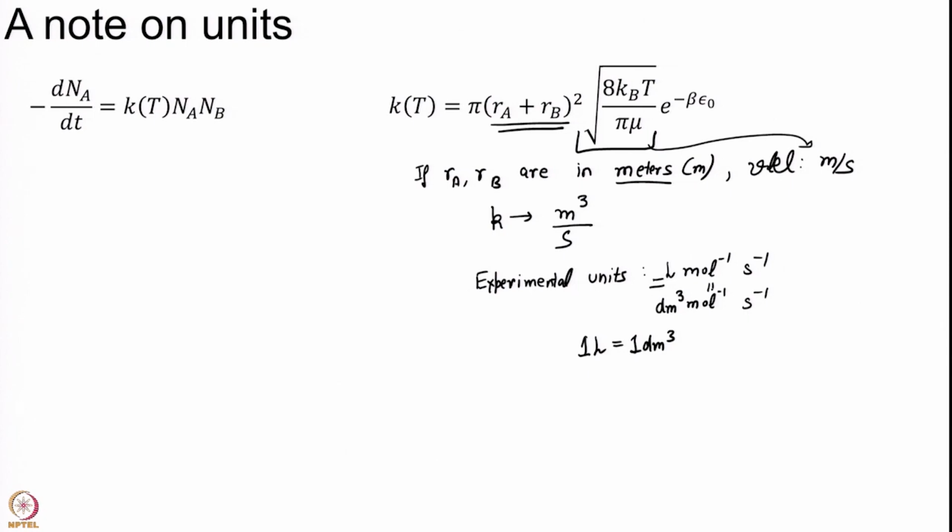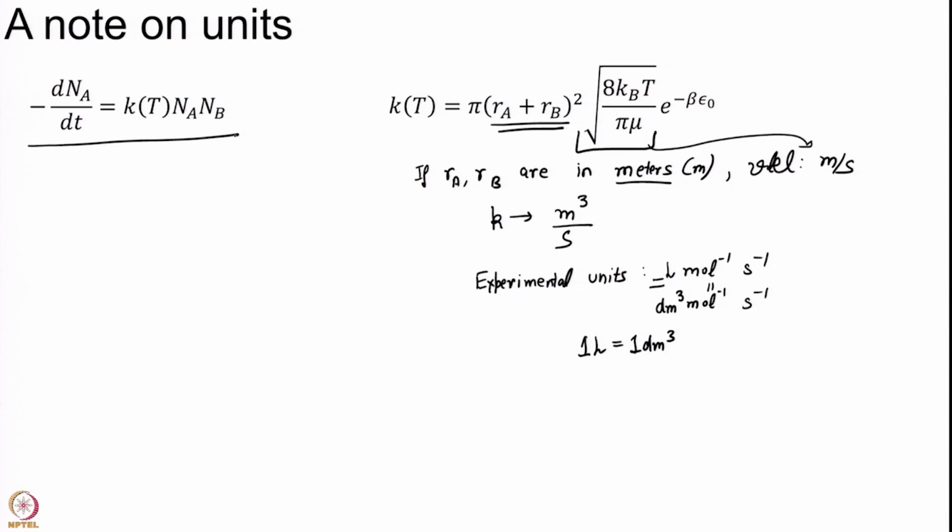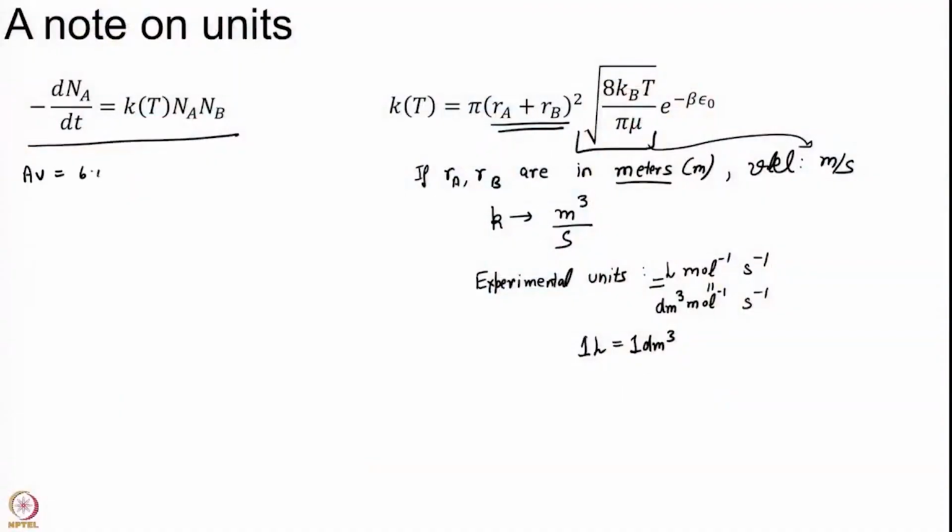So, let us get back to the basics on what we are doing. The k, the way we have defined, is via this equation. We are calculating dNA over dt as the rate constant times NA into NB. So, you can go back to our very basic derivation and you will see this is true. Remember, typically the experimental rate is in the language of concentrations. So, we have to convert to the language of concentrations first. So, what I do is I define this Avogadro number, which is 6.02 into 10 to the power of 23 mole inverse.